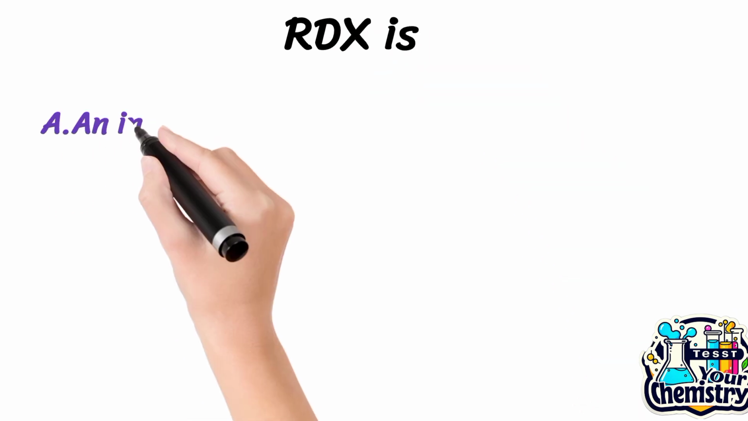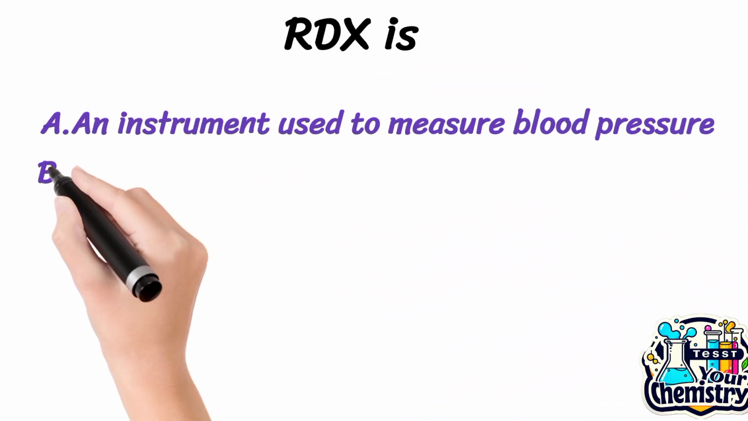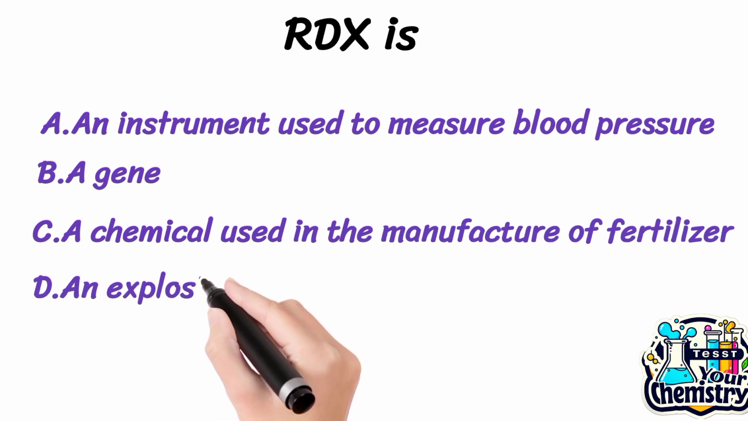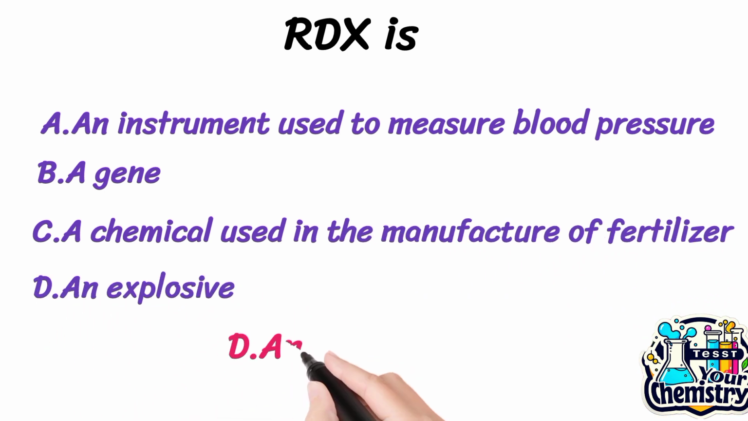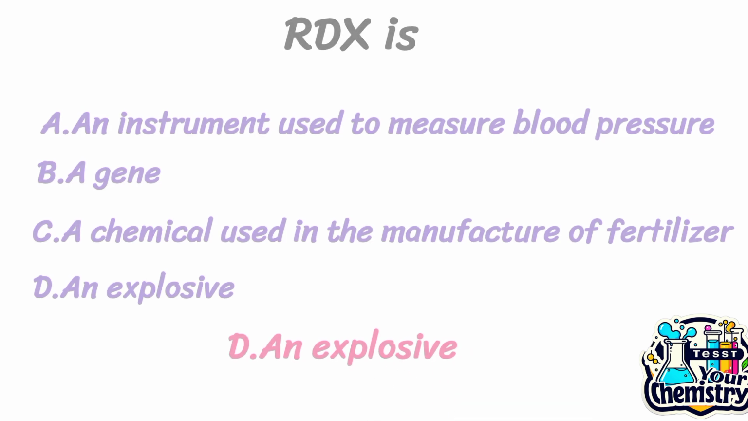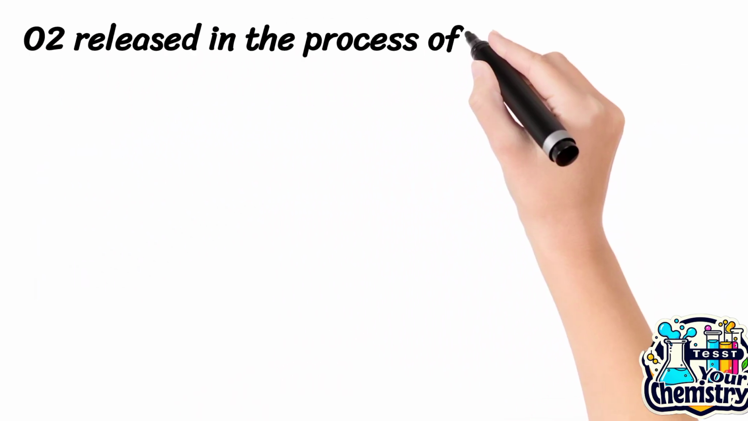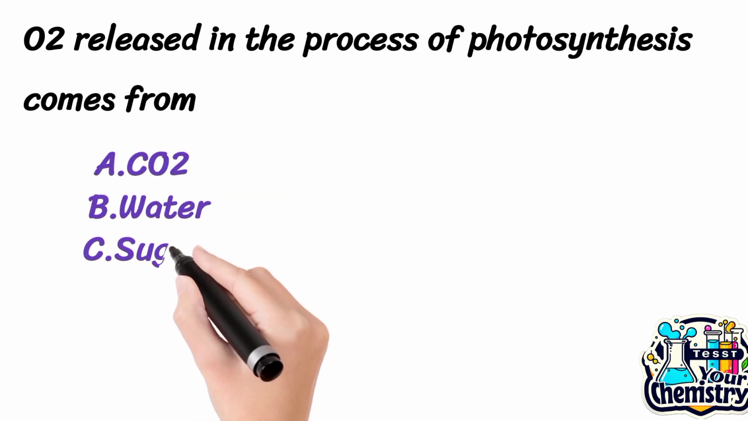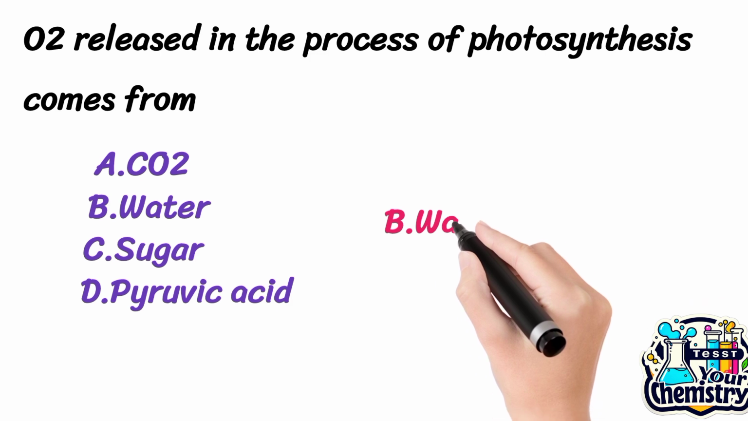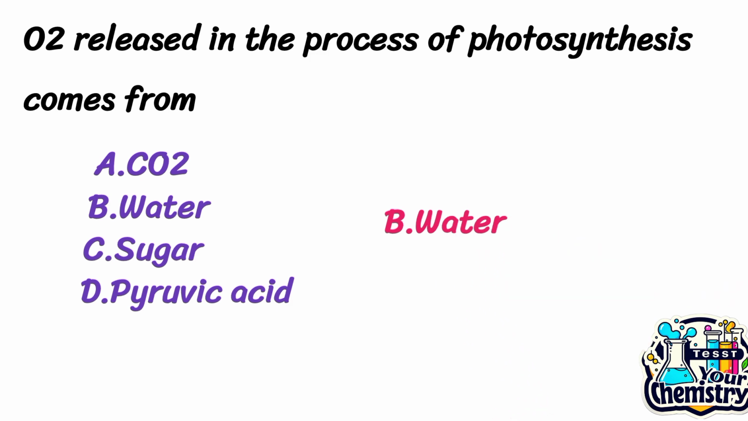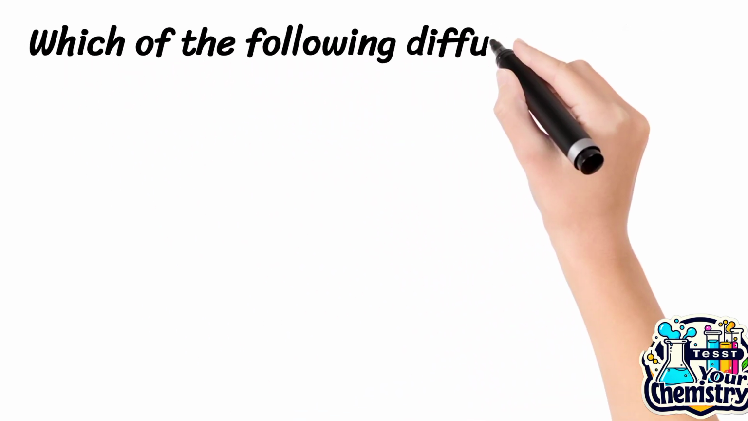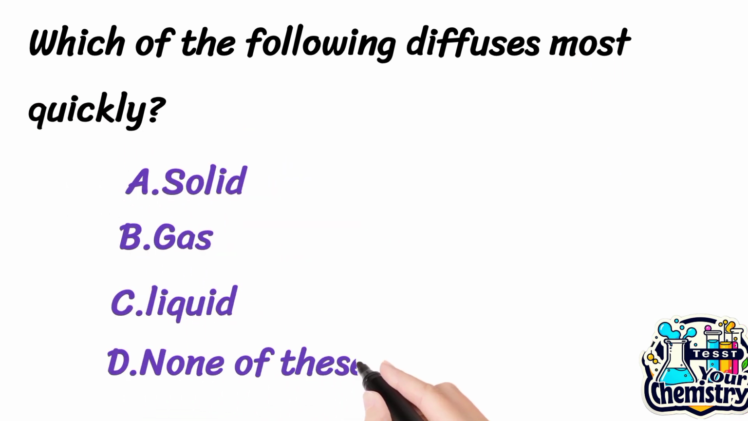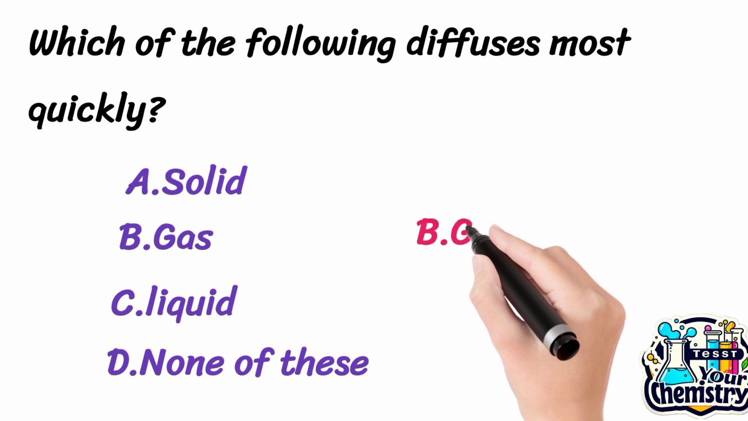RDX is an instrument to measure blood pressure, a gene, a chemical used in the manufacture of fertilizer, and explosive. Correct option, option D, an explosive. Oxygen released in the process of photosynthesis comes from carbon dioxide, water, sugar, pyruvic acid. Correct option, option B, water. Which of the following diffuses most quickly? Solid, gas, liquid, none of the above. Correct option, option B,